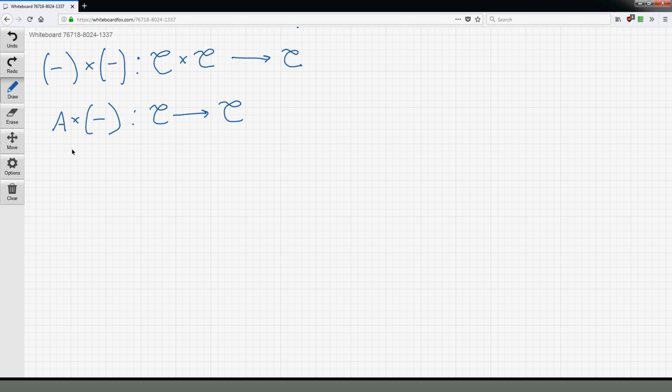And so this maps the objects to the product of the object with A, and it maps a morphism. So if we have a morphism F, I'll say that this is a morphism from B to C,